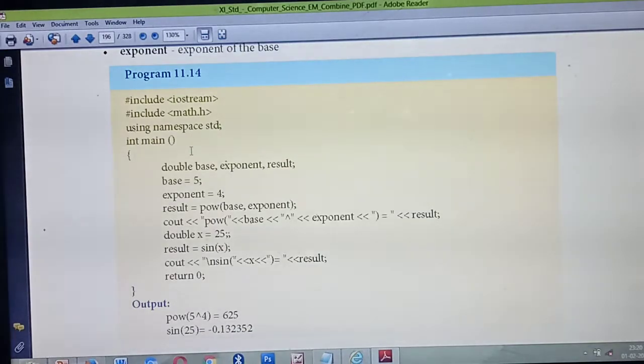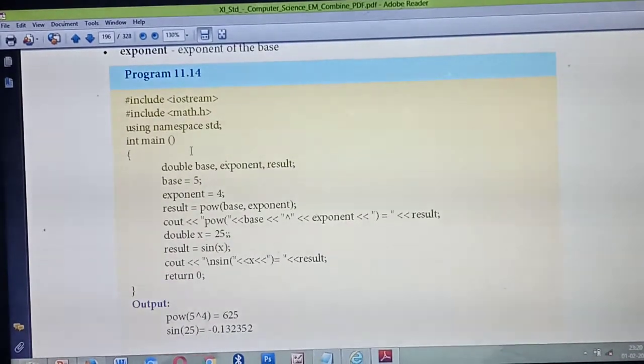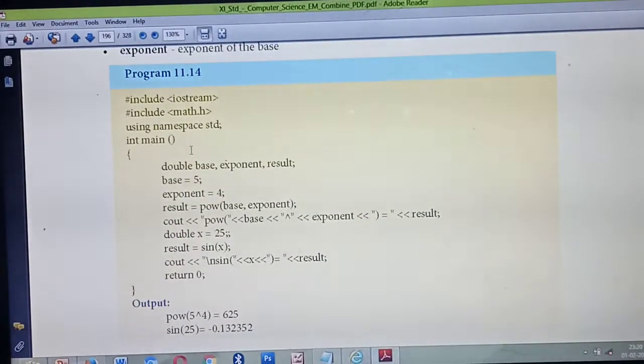Okay. So now you are going to display the details on the screen. What are the things you are giving in the cout? Power of, isn't it? Power of equal to. So what's the power? That answer you need to write. So in this program, how many variables are required? 3. What are they? First one is base, next one is exponent, third one is result. Base is for the base value, exponent is for the exponent value, and the answer is going to be stored in the result variable.